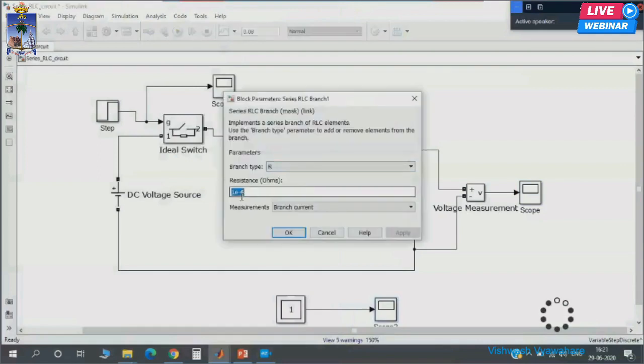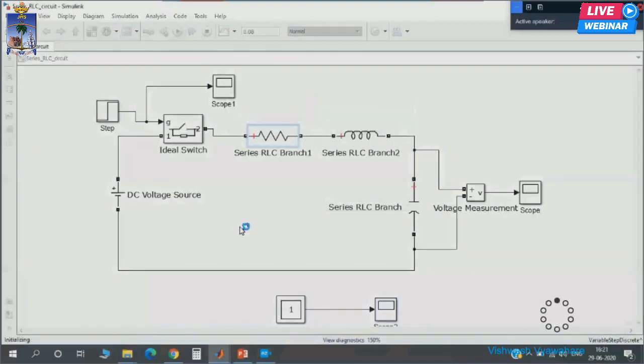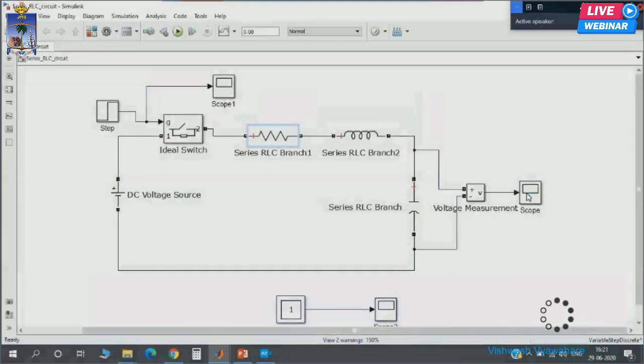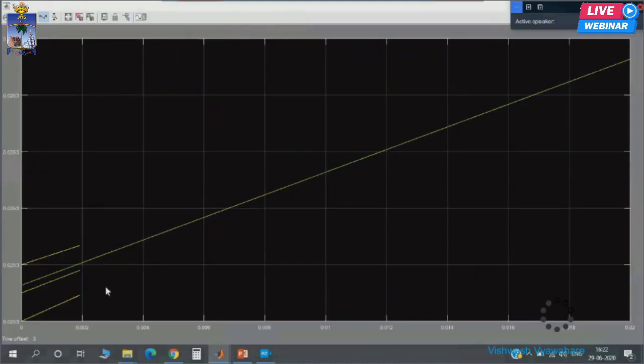Now let's make R very large. Let's say instead of R 1e minus 6, I make it 1e6. Okay, and we try to run it. What do you expect? It would become an overdamped circuit, basically. So forget about these lines. This is going on very slowly. Okay, the R is very large. It is an overdamped circuit, and it's increasing.